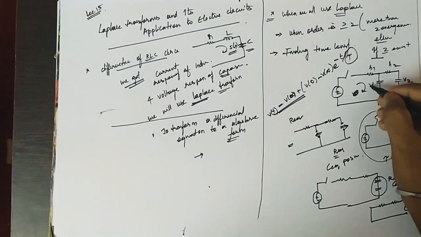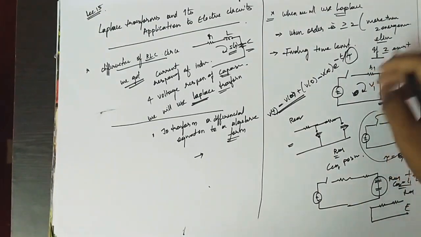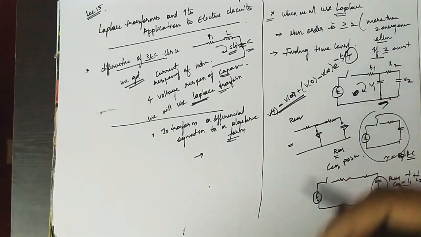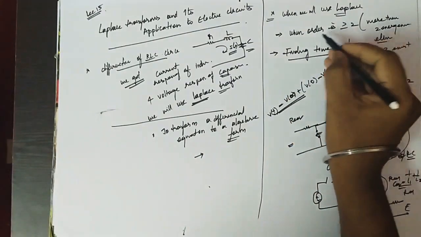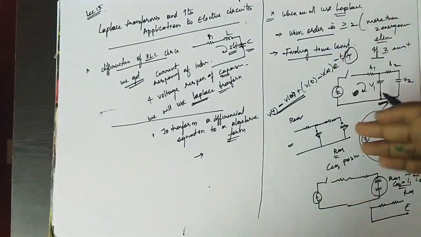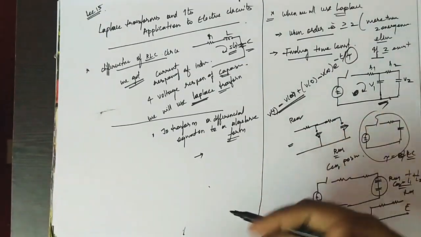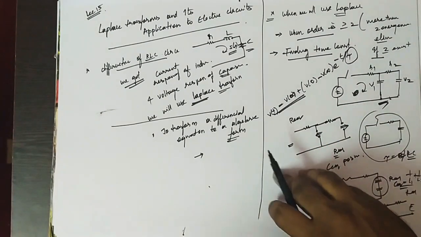Simply, we will convert these capacitors into Laplace transforms. I'll show in the coming classes how to convert all these things, and there will be some small mathematics. You'll find that, and later you can do that. So if the order is increasing, finding time constants and differential equations will be hard. So you will transform the differential equation to the Laplace domain. After transforming to the Laplace domain, you will get a linear equation. You solve that linear equation, and things will be done.